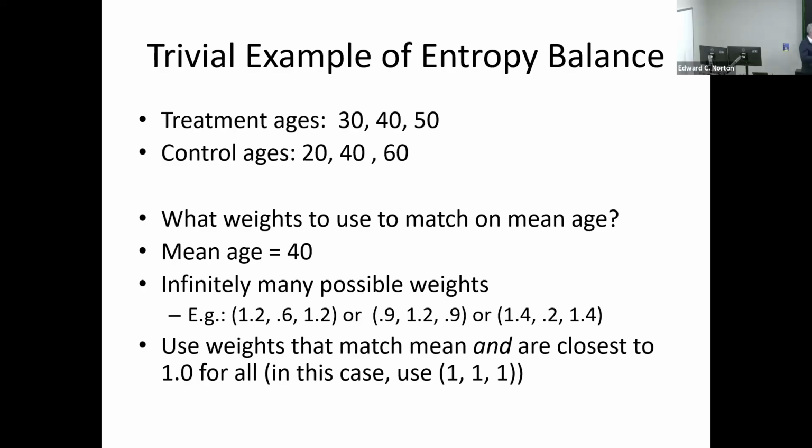But out of all of those possibilities, we can also use 1, 1, 1, the very simple average. This has the greatest entropy, and so we are going to use that in our entropy weight. So we end up not really changing anything in this trivial example. But there are many possible combinations of weights. We're going to use this to match those. That actually won't balance the variance; that would require something else.